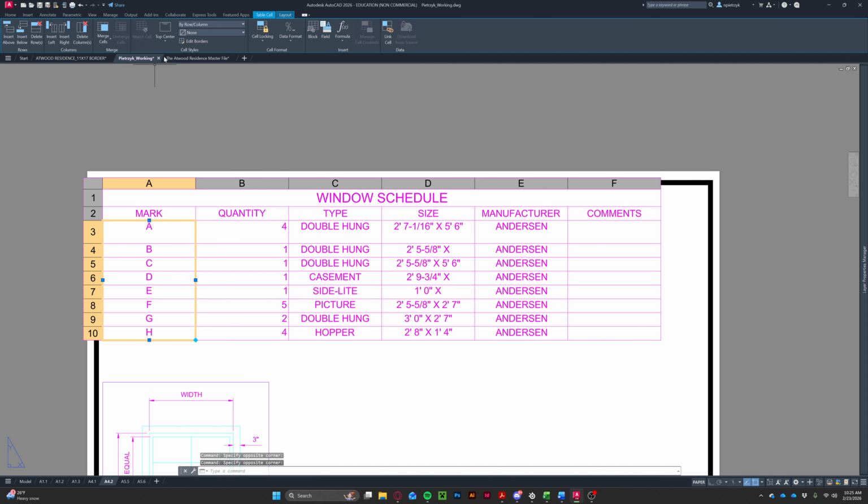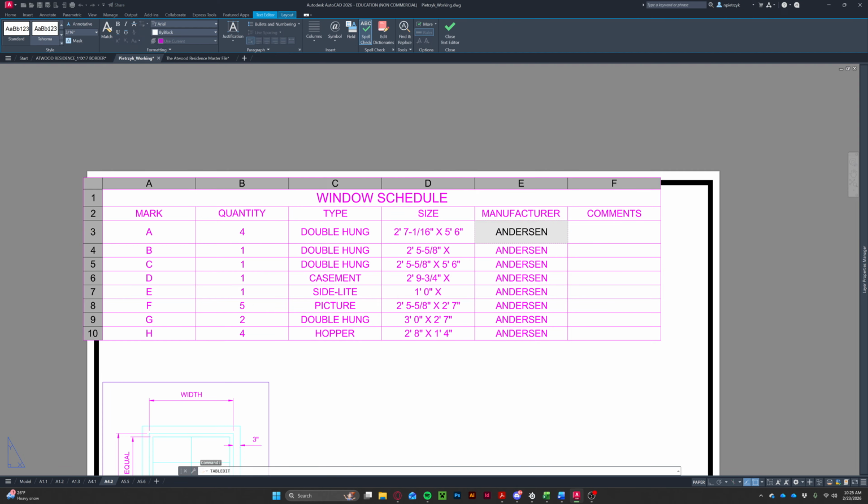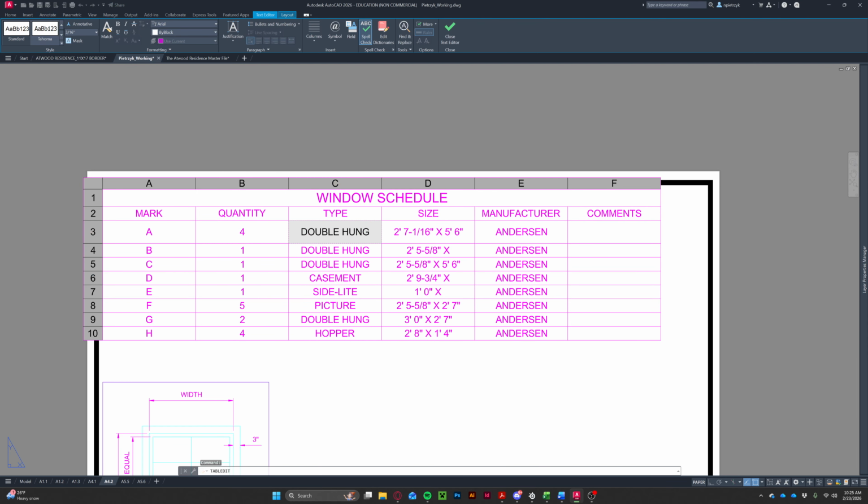So, middle center. Select all these, middle center. Now for this guy, we don't have any comments on these guys. I'm trying to figure out where the extra height came in, but